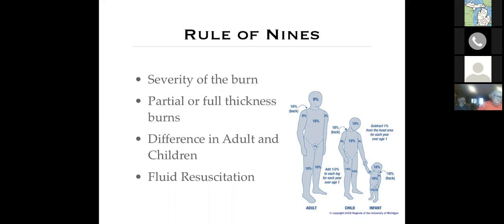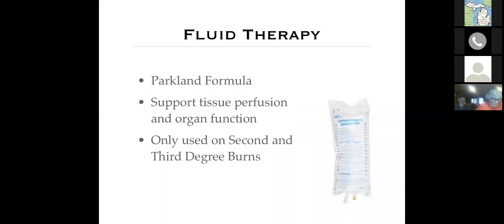Remember that there is a major difference in adult and children. And primarily, it's going to be the head. The size of the head for the children is a lot larger. The surface area is a lot larger than an adult. And ultimately, we're using the rule of nines for fluid resuscitation, which we will talk about here in a few minutes,